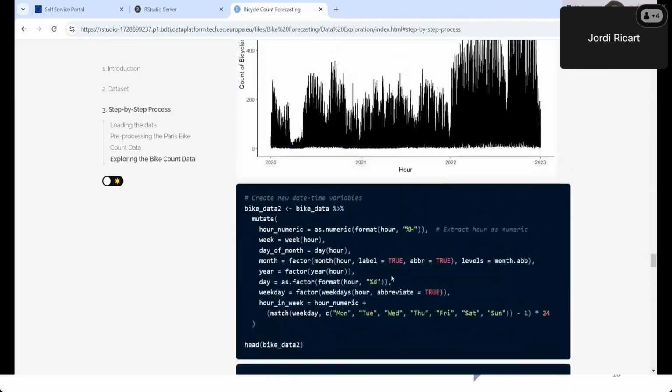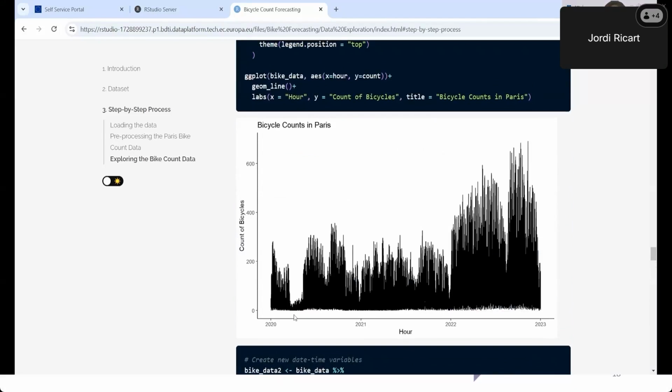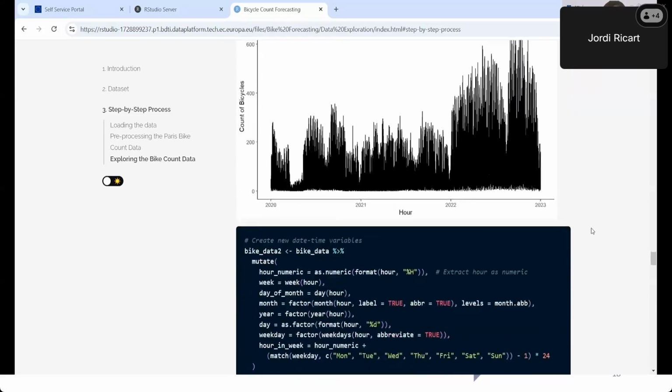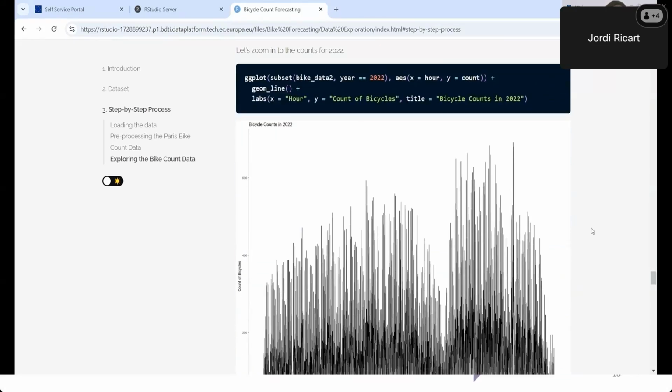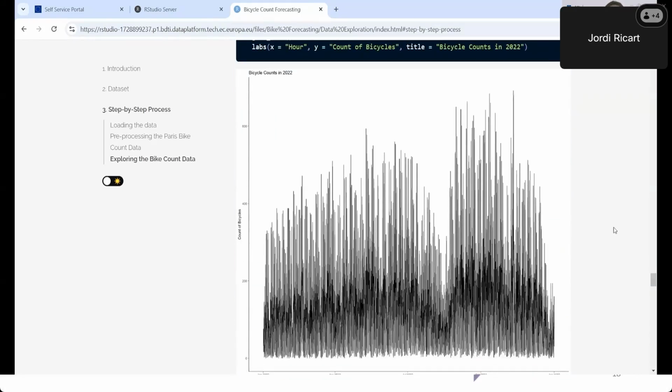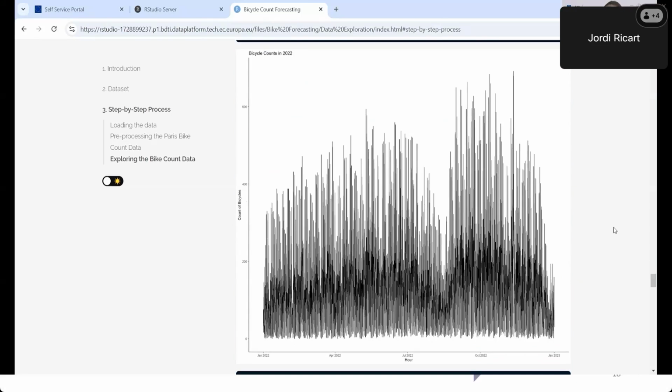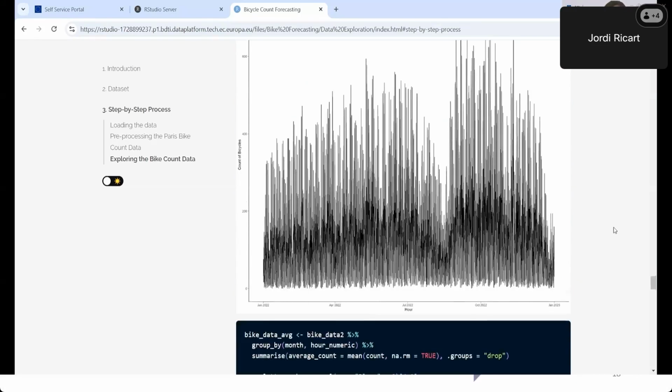We can see that there are some strange periods at the beginning and middle of 2020. This is probably, and most likely, due to the pandemic. So the amount of bikes that were going through the streets of Paris was lower than usual. It's good that we see this in our data. So it means that the data actually reflects things in our society. Then we might want to do some more advanced analysis to see if there's any seasonality.